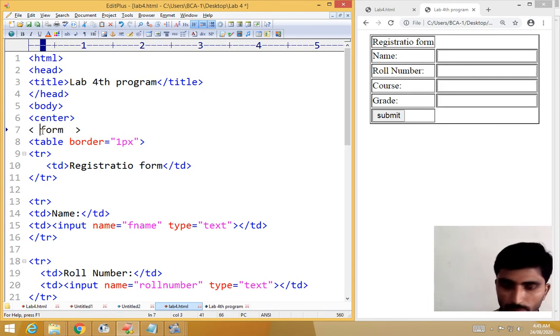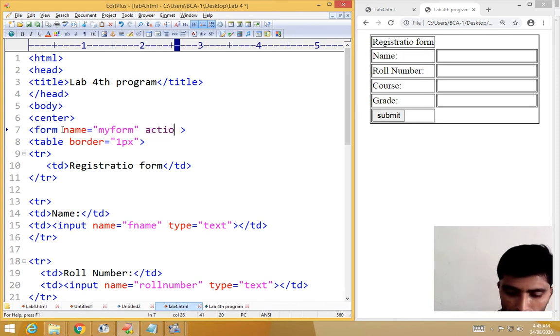There are some attributes we need to provide, that is the name of the form, whatever you can give, my form. Then action, I'll tell you what is the use of action here, just leave it. Then on submit.